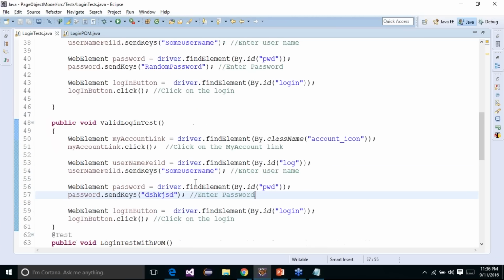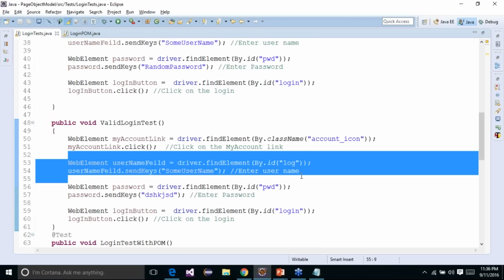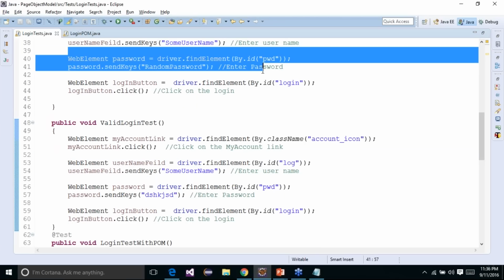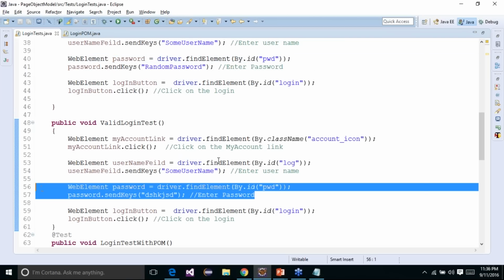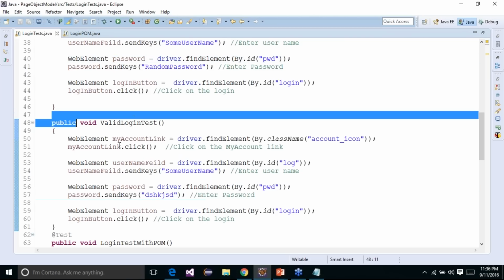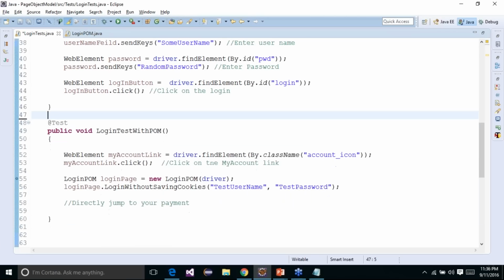But the whole point is that you have repetition of code. You are just doing the same thing again and again. Now, if you're doing the same thing again and again, if the ID changes for the password field, you have to change it everywhere, right? So that way it becomes a cumbersome task to actually maintain that code. So the page object model basically tries to minimize that problem or reduce that problem,